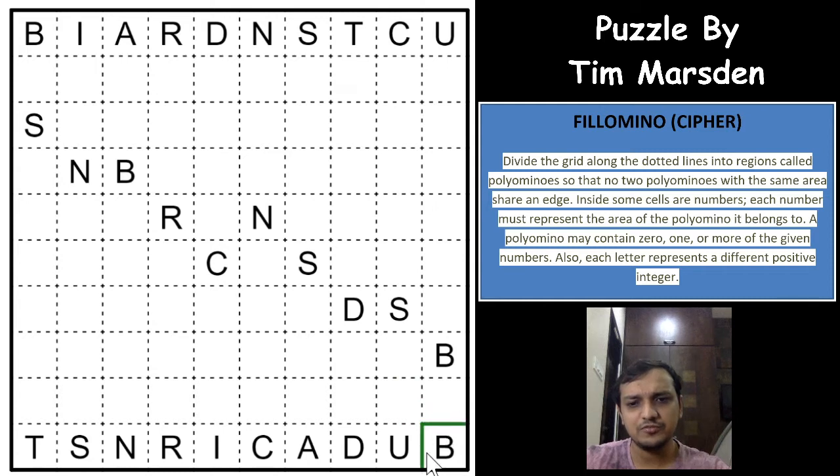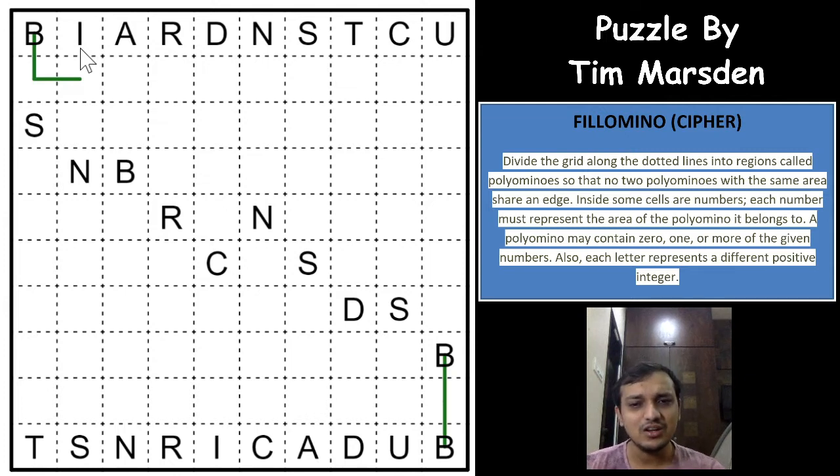For example, if the B is 1, then all the other numbers will have to be 2, right? They will extend. If at all B is not 1, let us assume it is greater than 1, right? Which means that B has to extend outside, and that another B is touching here, which means that B cannot be 2, it will be either 1 or greater than 2, which is 3. So if you extend this B as 3, the I becomes 1, right?